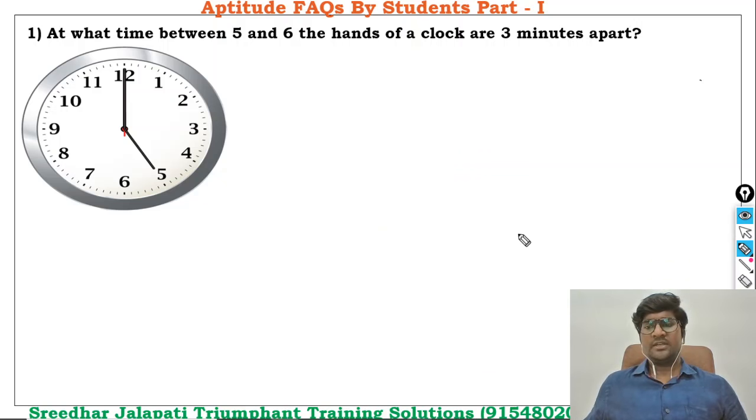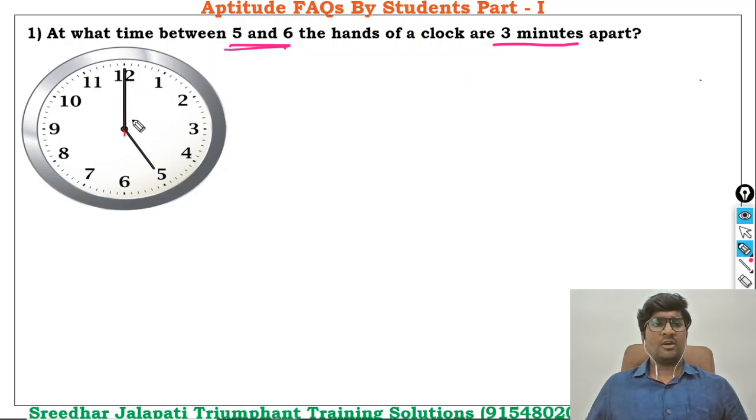So this formula is useful to answer both the types of questions. But interestingly, this question does not belong to any of those. It's a special question which you normally don't get to see in any materials or in any training classes. So let's see how to solve this question. We want a 3 minutes space between hour's end and minute's end when the time is between 5 and 6, and you just have to find at what time they maintain that 3 minute space.